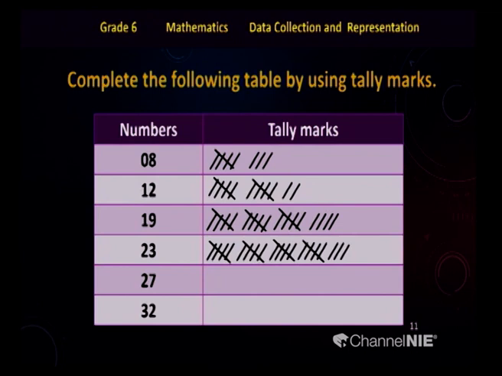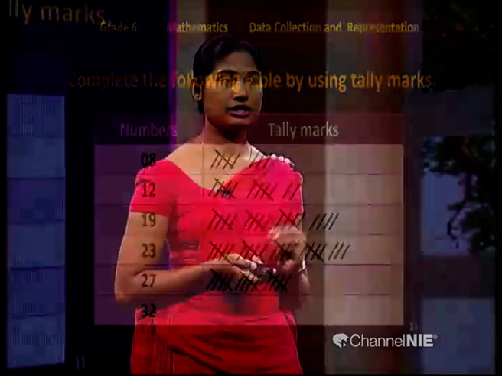Then the next one, 27. Okay, guess. So how many bundles of 5 tallies do you want? 27. That is 5 tallies first one. Then next one again 5 tallies. Then next one. Now how many tallies are there? So it is very easy to count because these 5 tallies are very easy to count. So this is the standard method actually, children. This is the standard method of using tally marks.